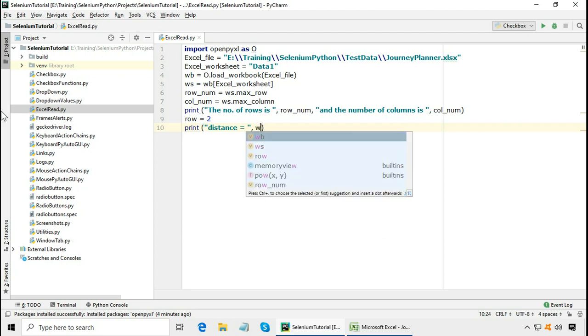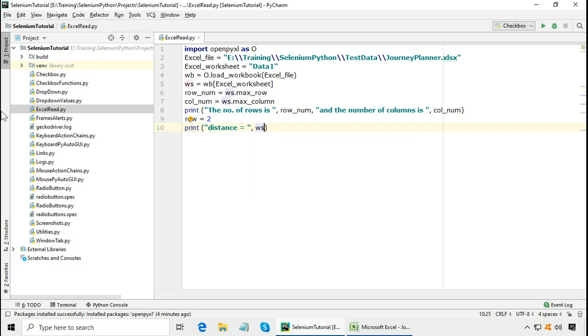Distance is, now we can access individual cells of the worksheet. WS dot cell, row number and column number dot value.